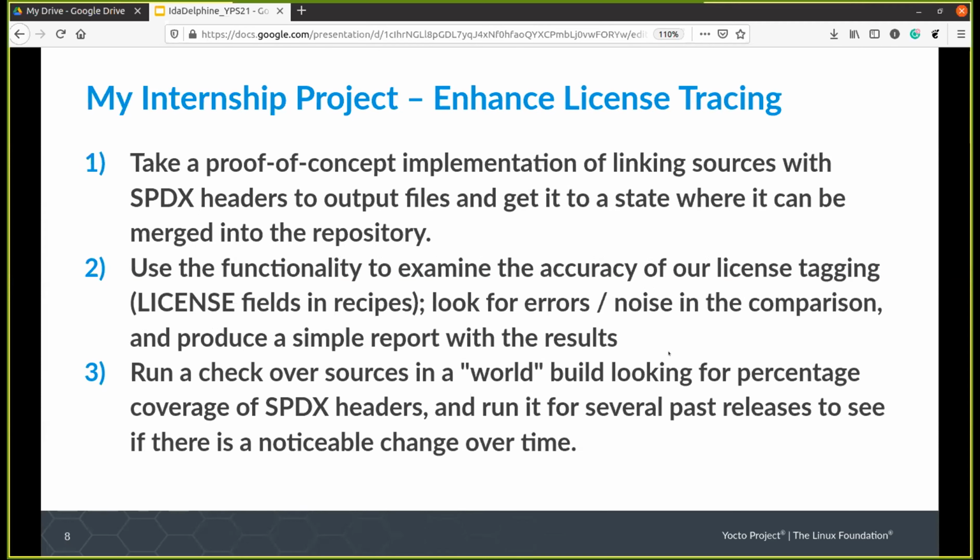So we all know that the Yocto project is used to build customized Linux images for embedded applications. And these images